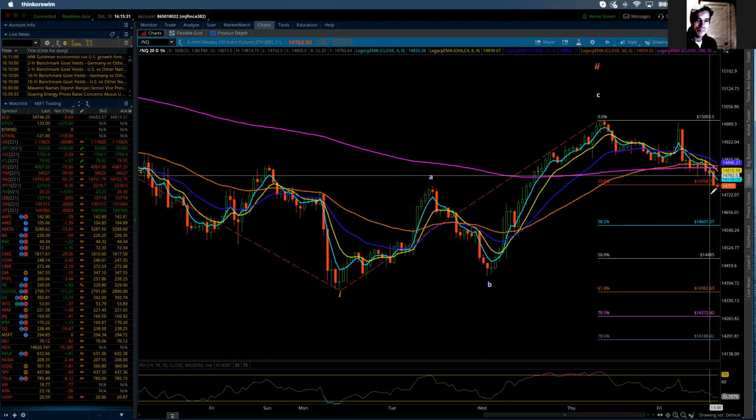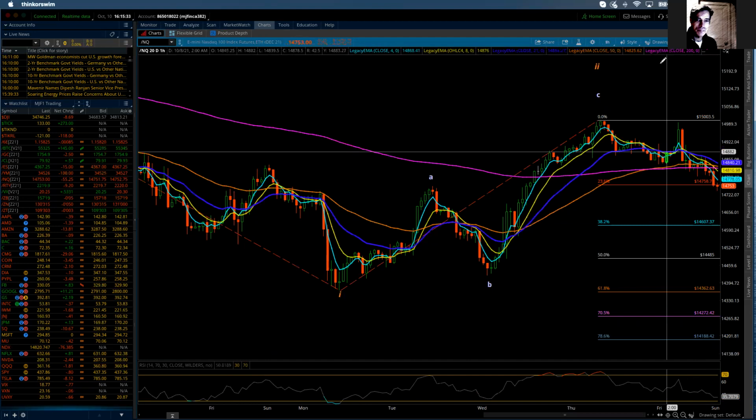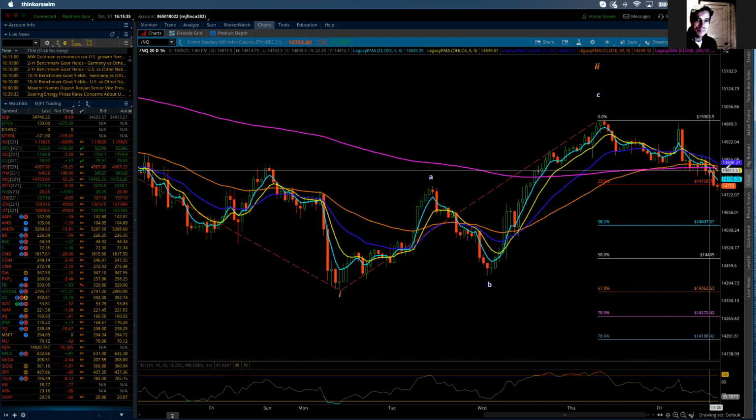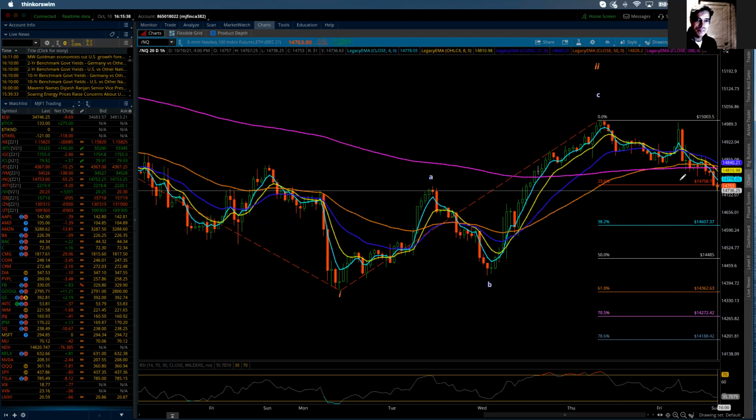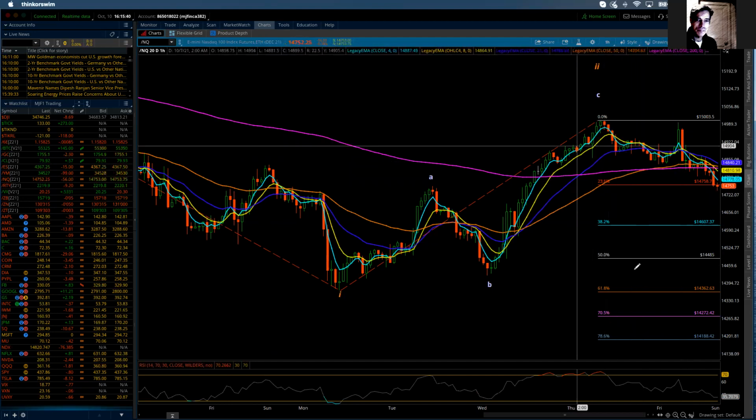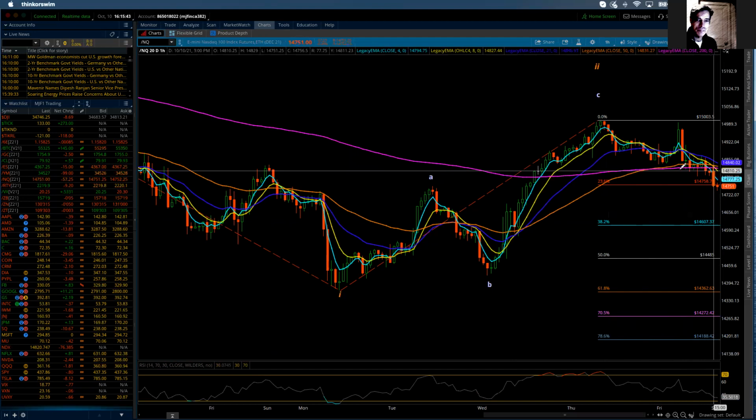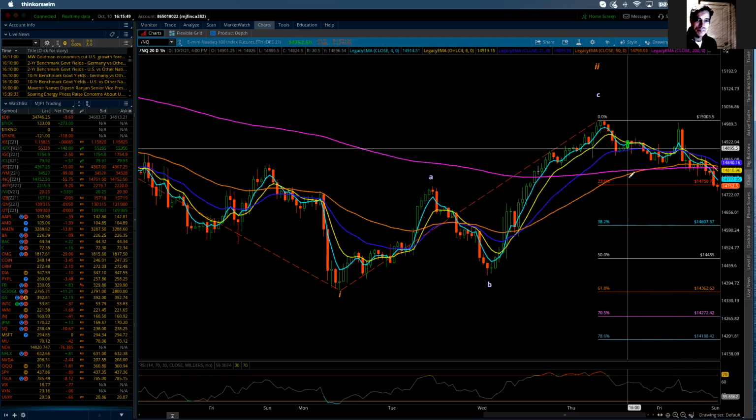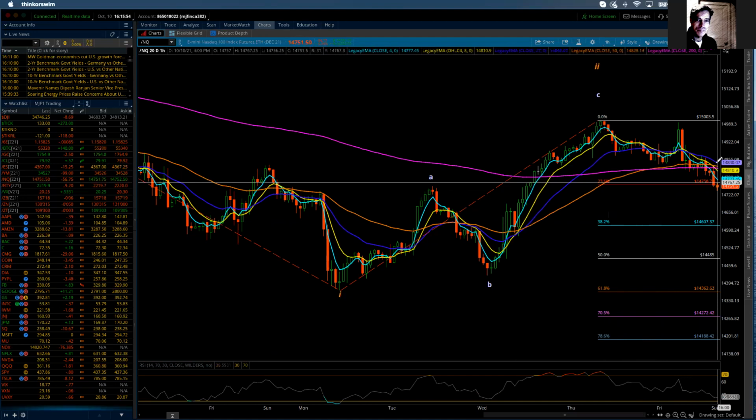From here, I am looking for another 5 waves. That's on the hourly, but I've got to be able to count 5 down for this third wave. Now, I can continue to break it down. It's already broken below, but these moving averages are kind of flat, which is kind of representative of the market's not really flying yet. But I think when it starts, these are going to angle and they're going to all head lower. Right now, we still need the 20 down below the 50 and below the 200. That would give additional support of the strength of the sellers, the strength of the downside.